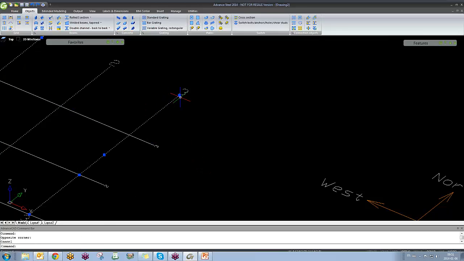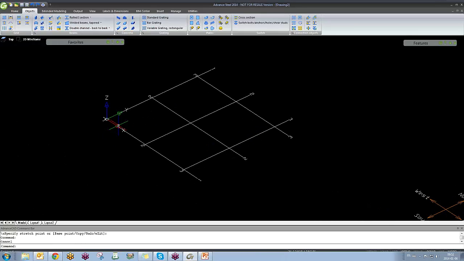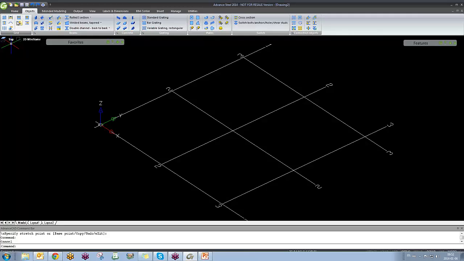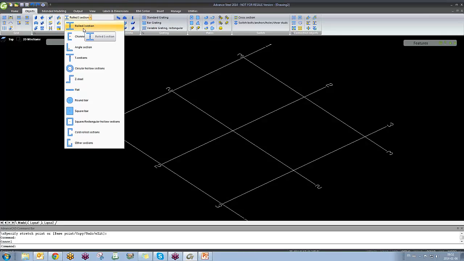We will extend them. Perfect. Now I want to add some beams here. To add beams, we have here beams. If I click, I have the I section, the C channel, the angles, the HSS. I have all the list here. For example, I want to add a rolled I section. When I click here,